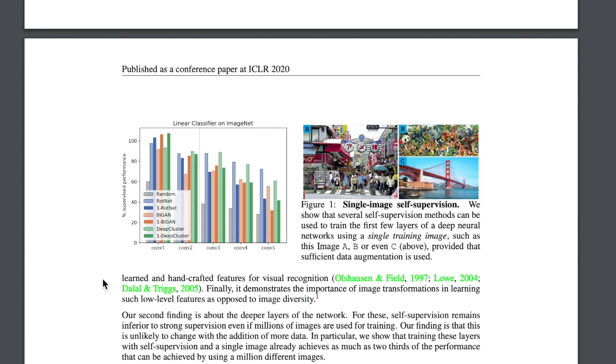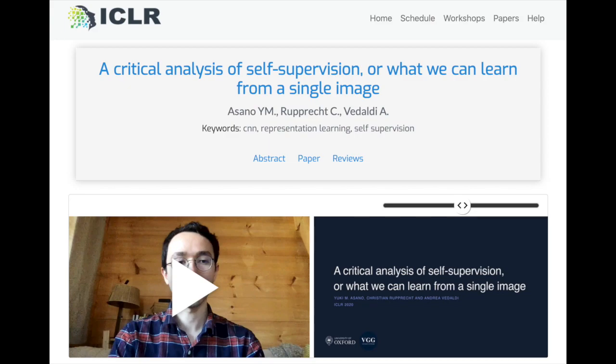However, this study shows that you can take the same image and augment it 1 million times and get similar performance in the early layers of a convolutional network when doing representation learning with self-supervised tasks like RotNet or the BigGAN model. This shows that self-supervised learning is augmentations, augmentations, augmentations. I highly recommend watching this great presentation of this paper from ICLR 2020 from one of the